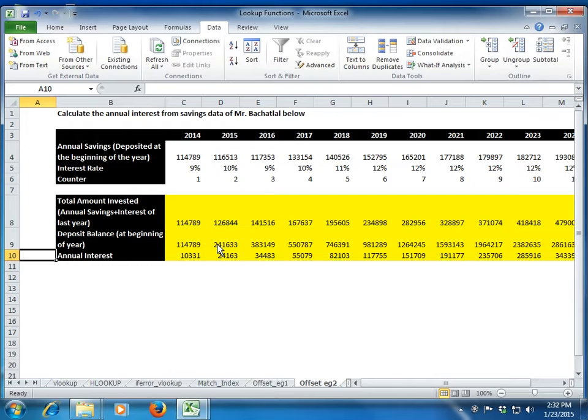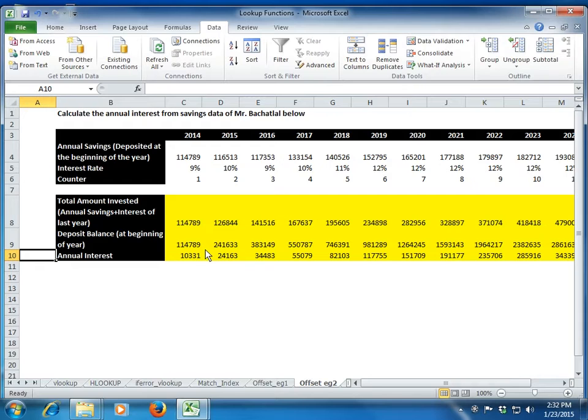Okay, just try it out at your home. You can use the same feature and the same formula for calculating your SLM depreciation when your capex is changing every year, right? Instead of annual saving, it will become capex. Instead of the number of years, it will become the useful life of the asset. So you can try out this method at home, and this will be very, very useful too.